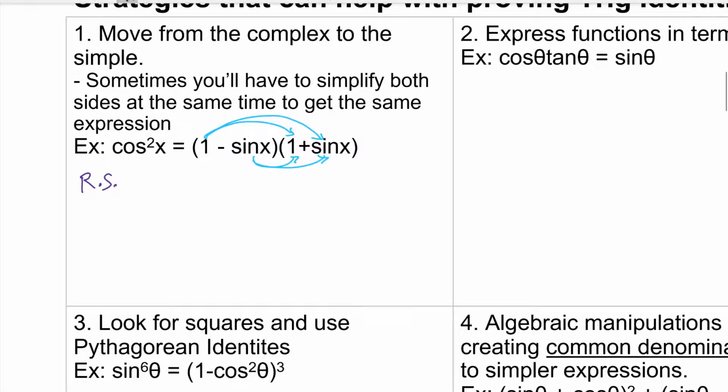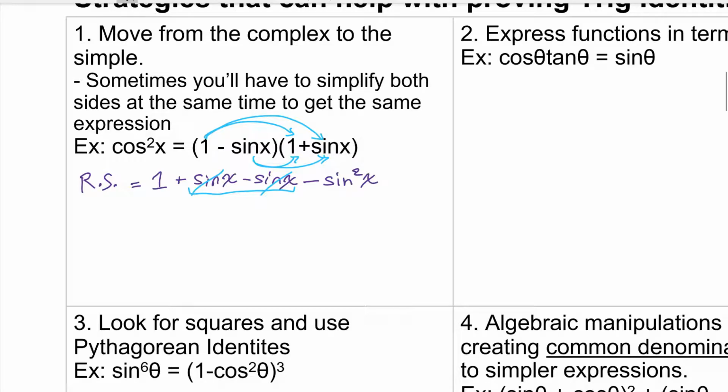So first I'm going to be multiplying the first terms, so 1 times 1 is just 1, and then I'm multiplying the outside terms. 1 times positive sine x is plus sine x, then I'm multiplying my inside terms, I get negative sine x, and then I multiply my last terms, which is negative sine x times positive sine x, I get minus sine squared x. So you'll notice that our middle terms are actually canceling out because positive sine x minus sine x